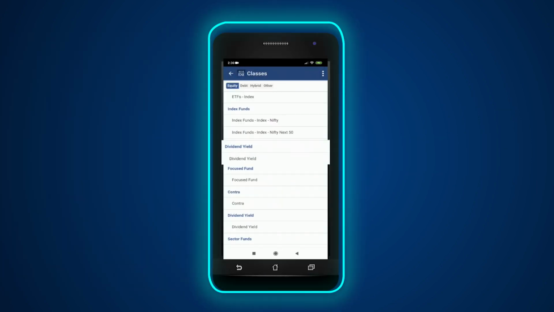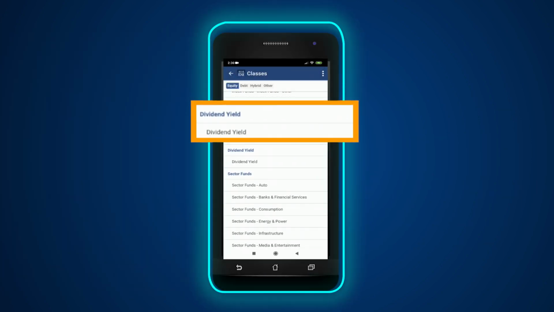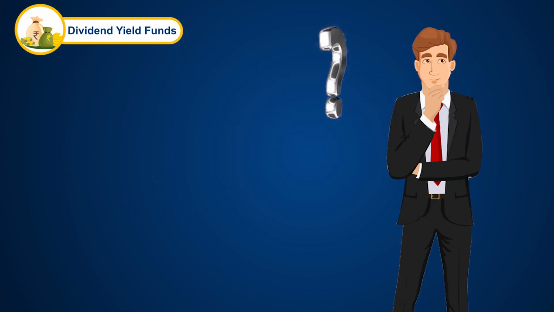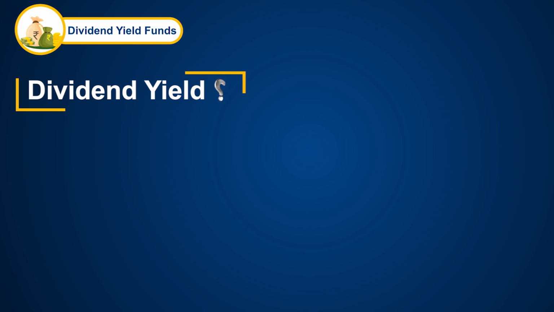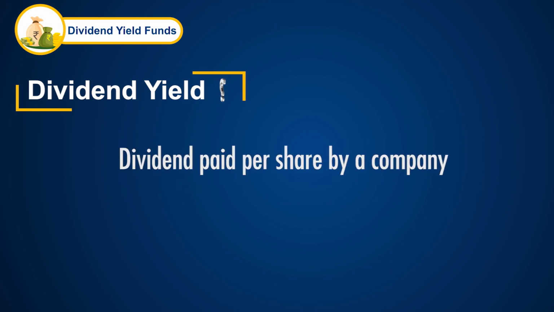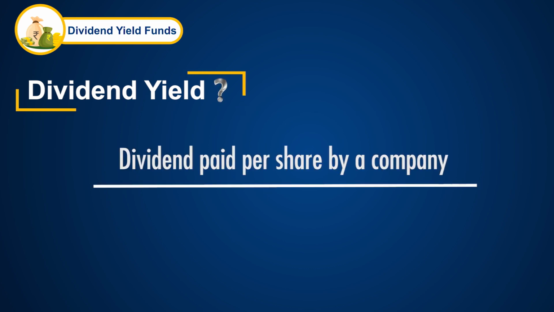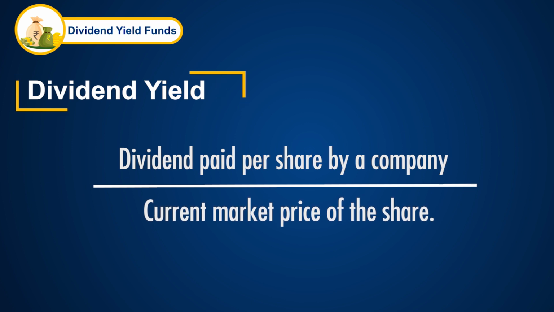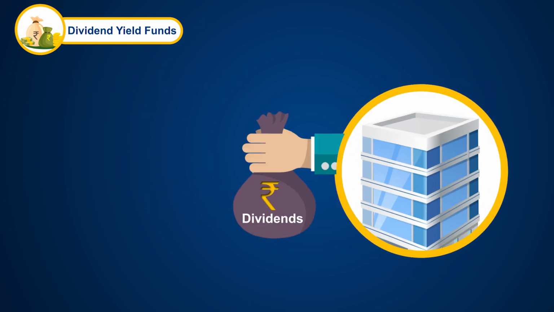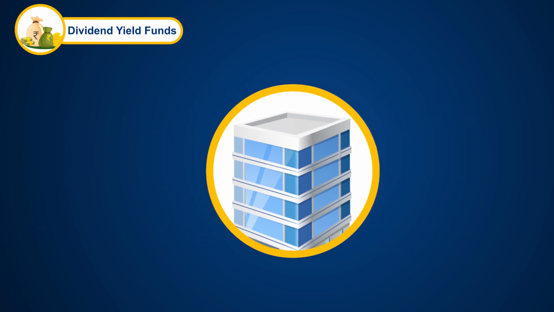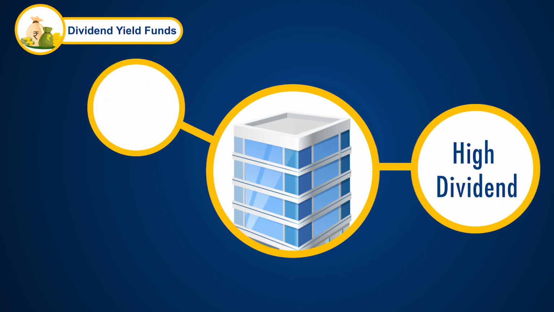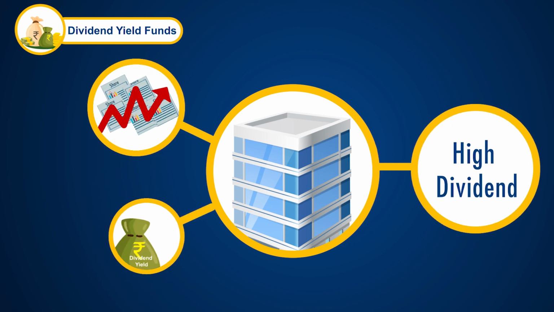Hi, in order to understand dividend yield funds, let us first understand what dividend yield is. Dividend yield is the dividend paid per share by a company divided by the current market price of the share. A company simply paying high dividends does not make it a high dividend yield company. A company may pay a high dividend, but if the market price of the share is high, then the dividend